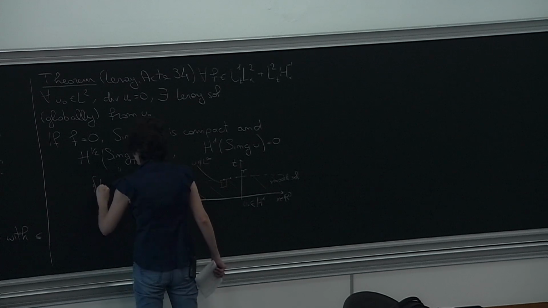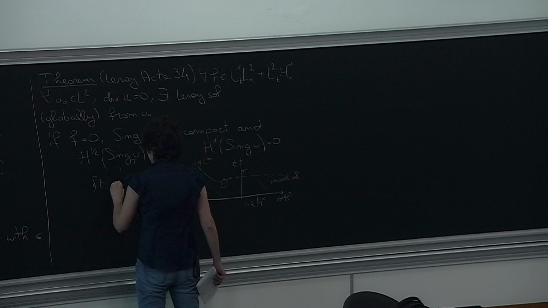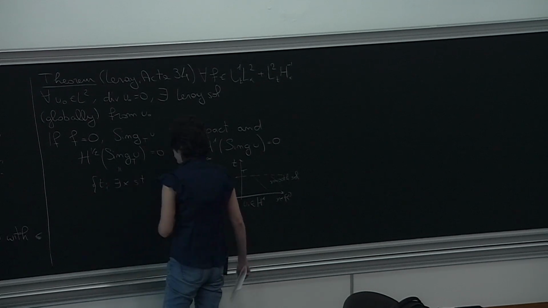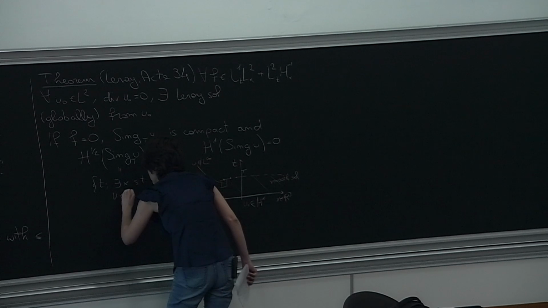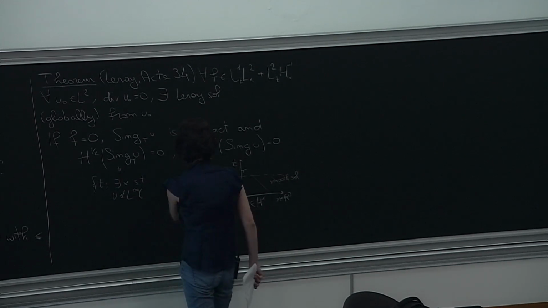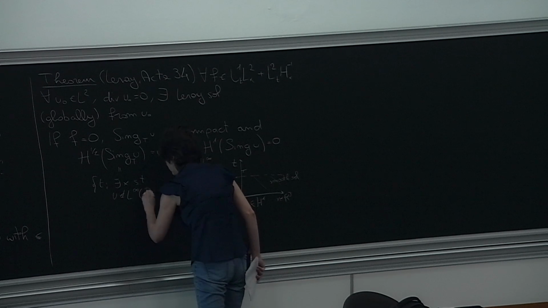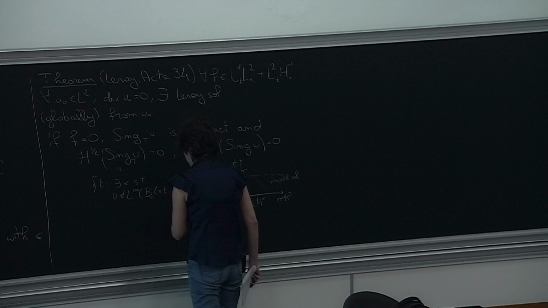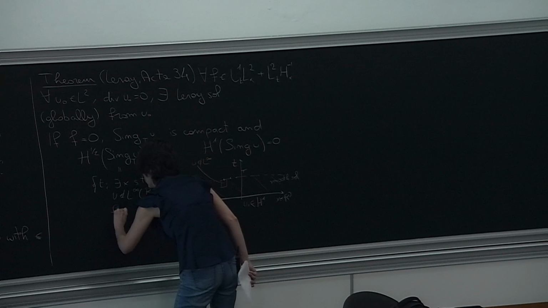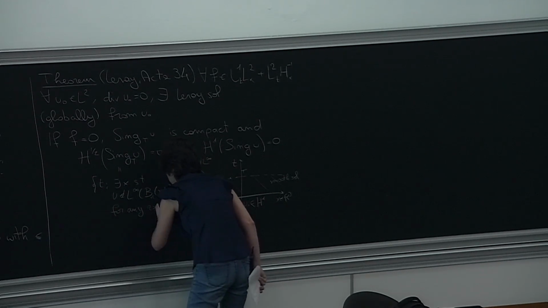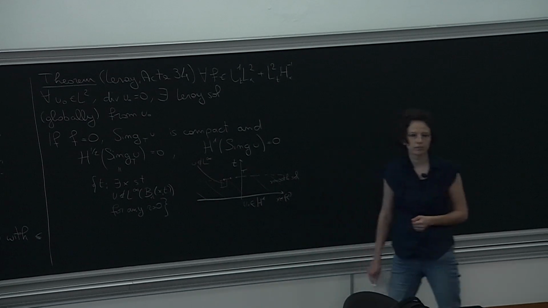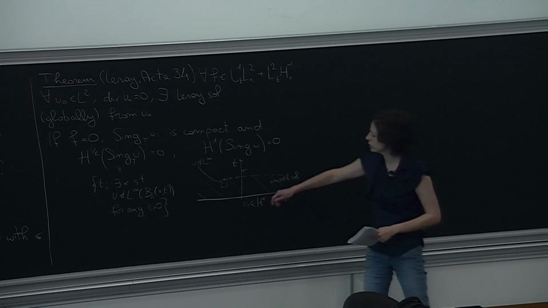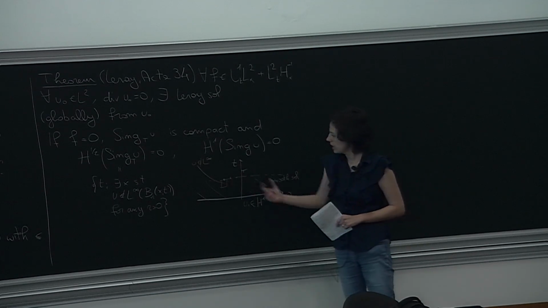So this is the set of times such that there exists an x such that u is not locally bounded in any box, let's say, in any cube around x, for any r greater than 0. So u is a Leray solution? U is a Leray solution, so it exists also past. And now, okay,